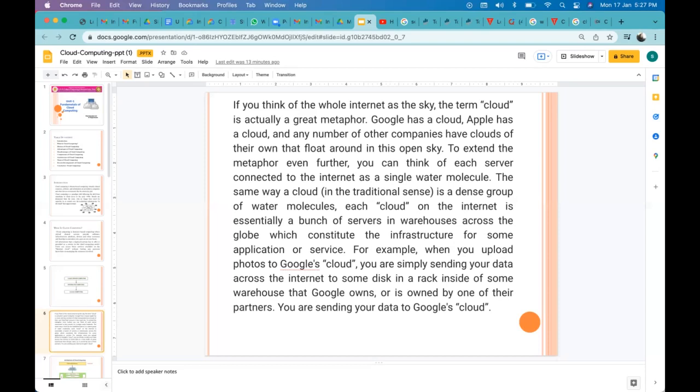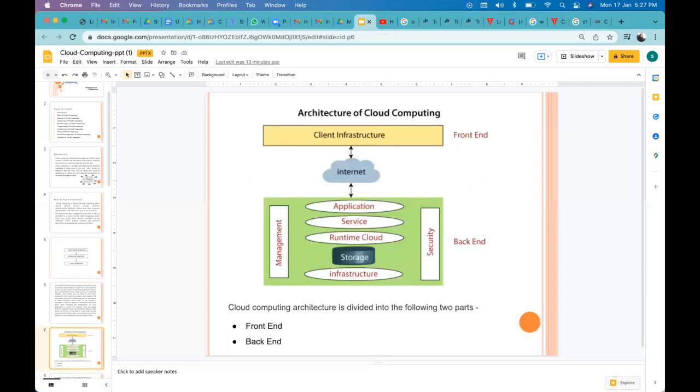Okay, next, we'll see the architecture of cloud computing. The architecture of cloud computing is divided into two main parts. The first part is the front end and the other part is the back end. The front end is related to the client, and backend functionalities are hidden from the client.